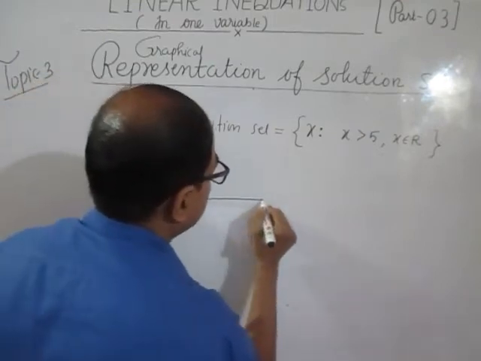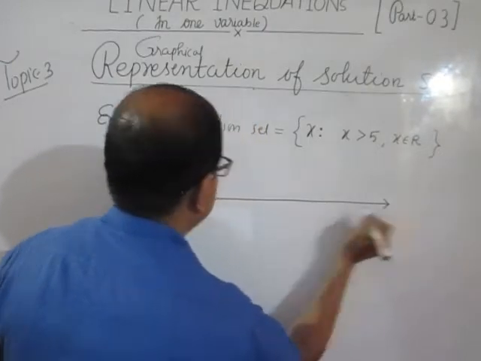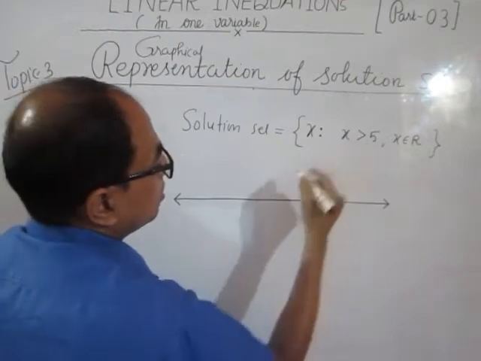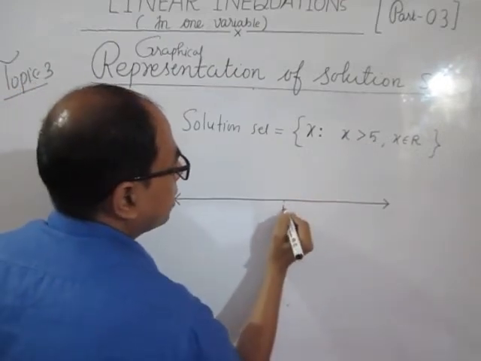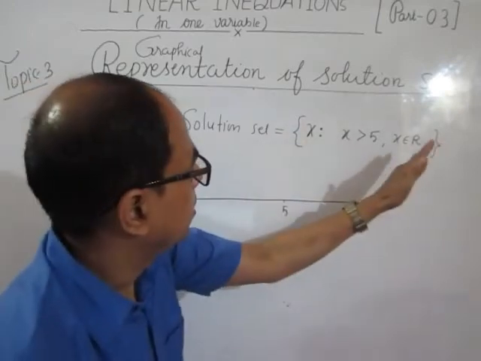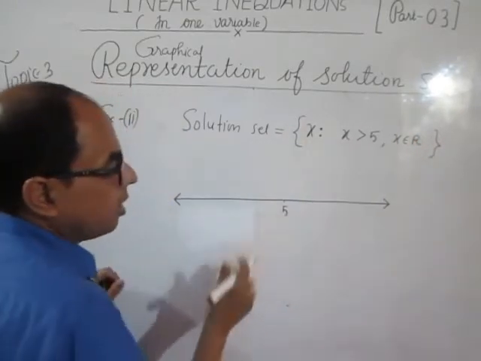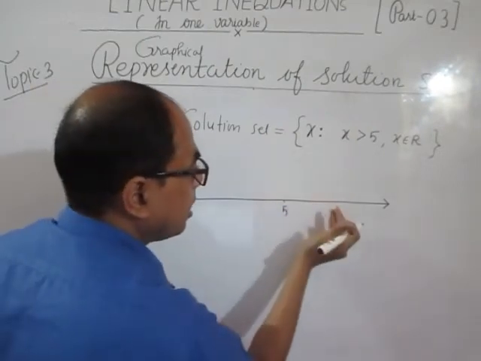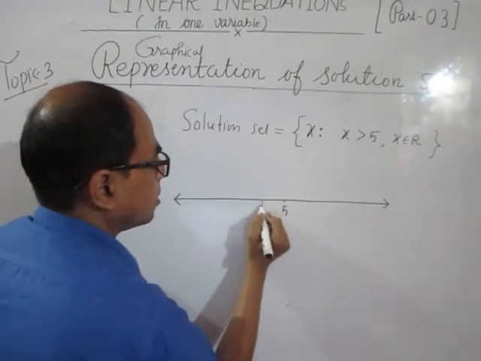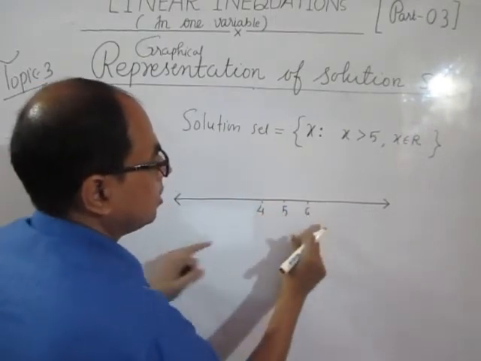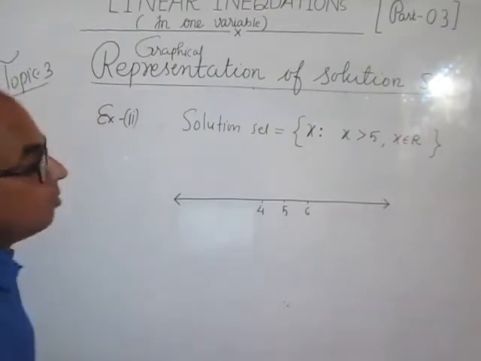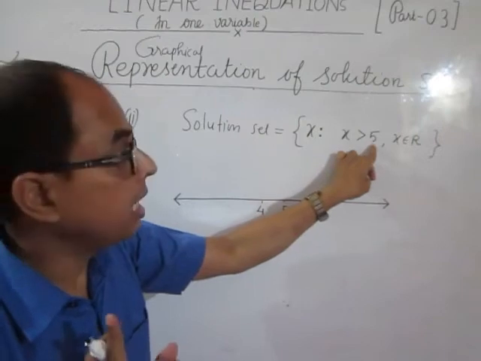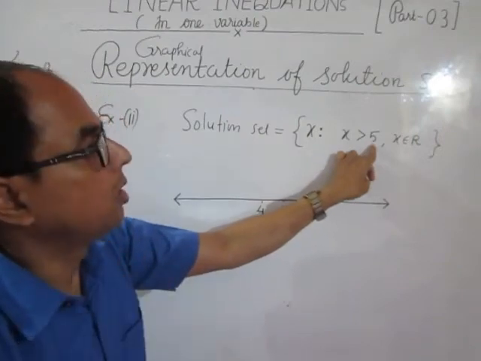So draw a number line, put arrow at both ends, compulsory. Now here the end point of the solution is what? 5. From the left, see, X is greater than 5. Clear? So here the end point is 5. Now about this end point of the solution set, you have to write at least one number right and one number left. Compulsory. 4, 6. These two are compulsory. Now here this is an open point because X is greater than 5. It is not equal to 5. 5 is not included in the solution.